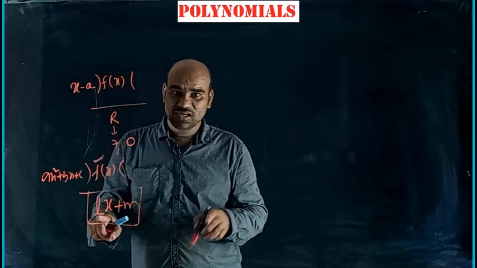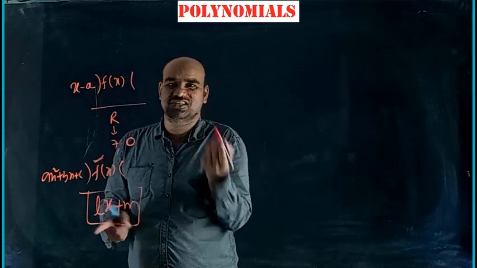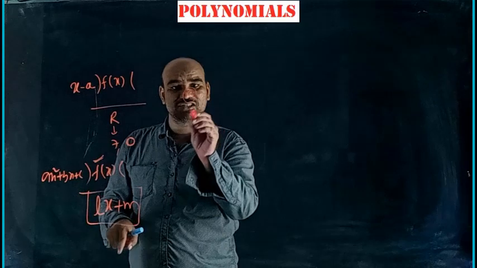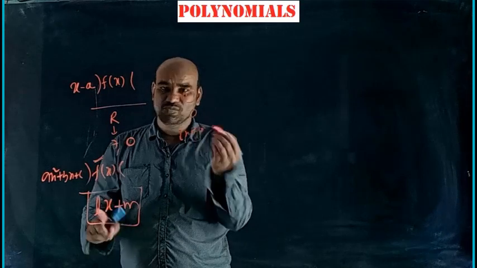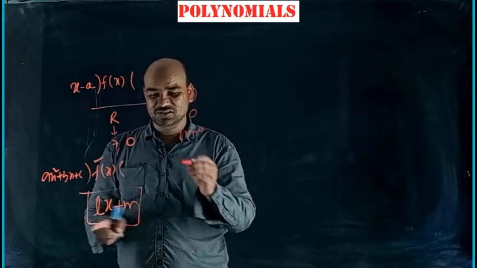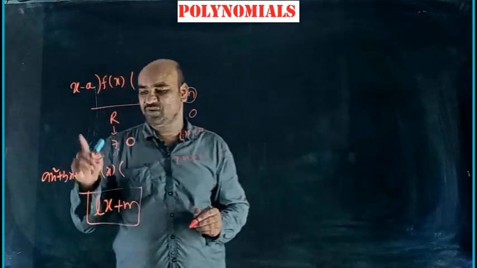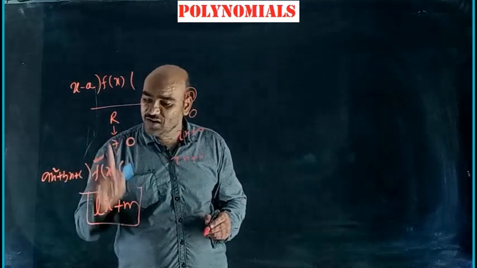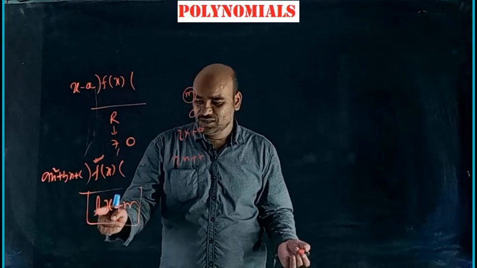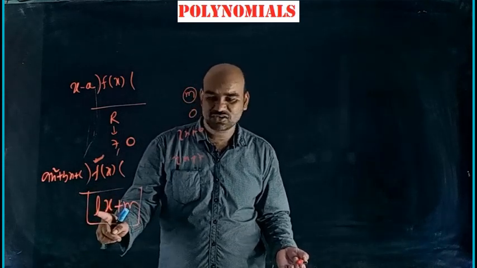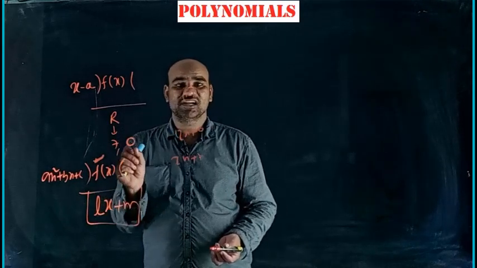Okay, here L may be 0 and m is not equal to 0. Remainder is m, then in that case you can say a constant is the remainder. L equal to 0, m equal to 0, total 0, that is also possible. L is not equal to 0 but m is equal to 0, just like 2x plus 0, possible. L is not equal to 0, m is not equal to 0, just like 2x plus 7, it is also possible. That's why if this polynomial f of x is divided by a second degree polynomial, the remainder form should be Lx plus m, where L and m are any two real numbers. So finally, Lx plus m is the standard form of the remainder.